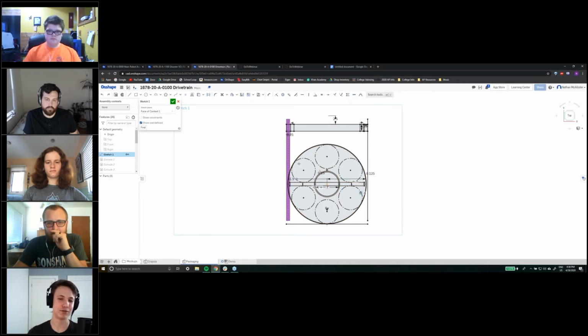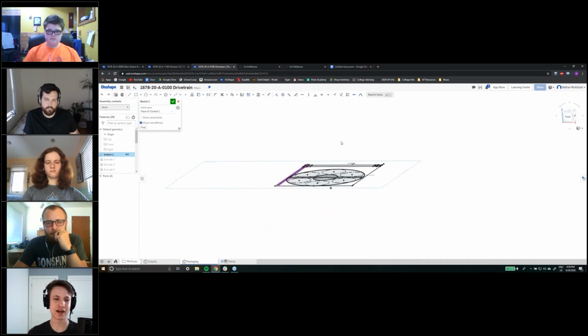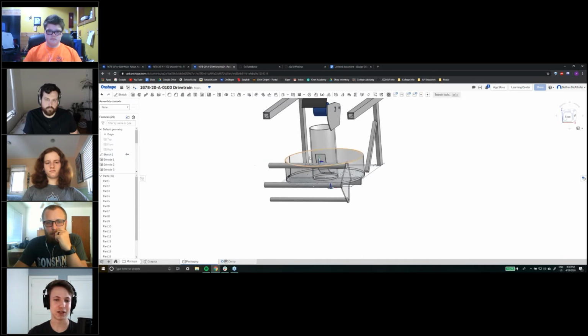We initially thought we might want to fit 6 in, and obviously the wheel dome has to go near the front of the robot. So we put this here, and then we have some space in the back for the climber. And then the drivetrain gearboxes had to fit right here and over here. So in that way, we kind of figure out